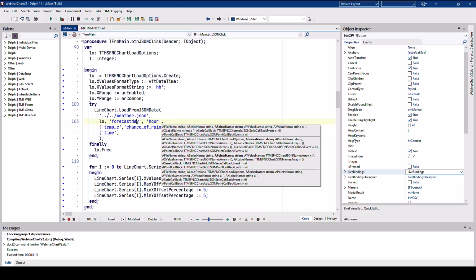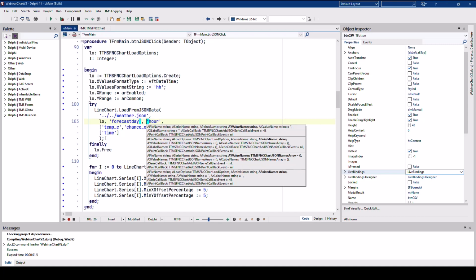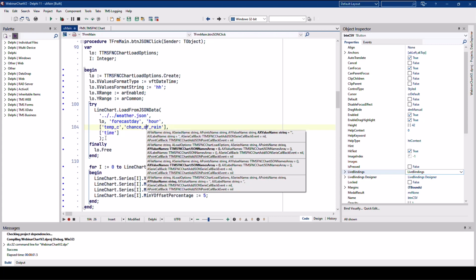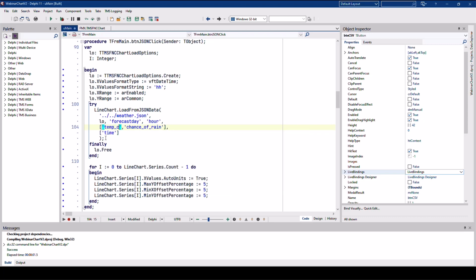So this name of the series is found in the forecast day property, and the hour property specifies the name of the points, and then the next array specifies the Y value names, because we have several series. We not only have one, we have the temperature in Celsius, and we have a percentage, the chance of rain.